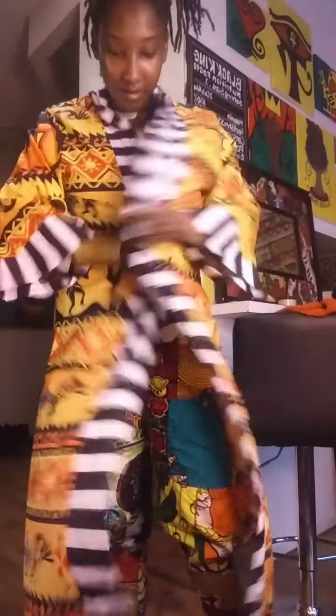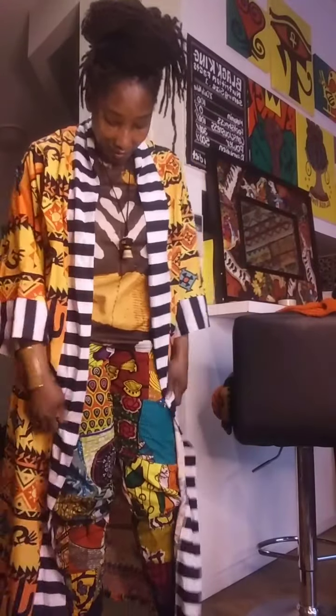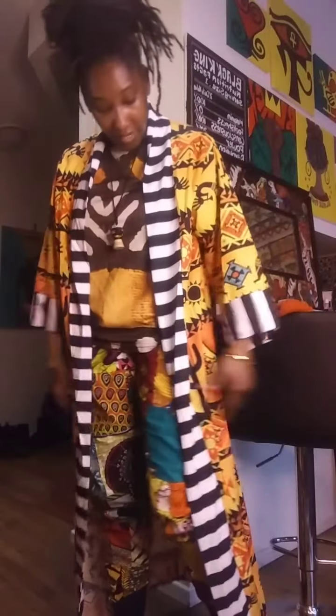Wow. Interesting. I like it. I wish that it had something to close it though. It doesn't, but I like the design. This is something that you can wear around the house with nothing underneath, just this in your natural body, natural skin. Give yourself, for the ladies, give ourselves a chance to air out our flower. But I like it. It's very vibrant. I don't remember how much I paid for this. There's not a receipt in the bag, but